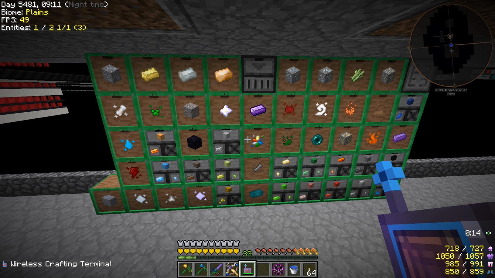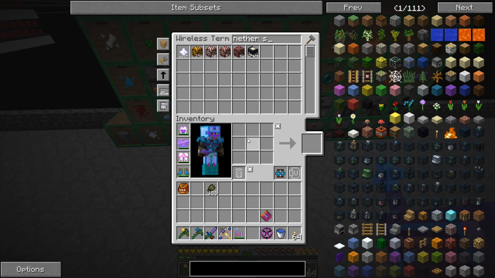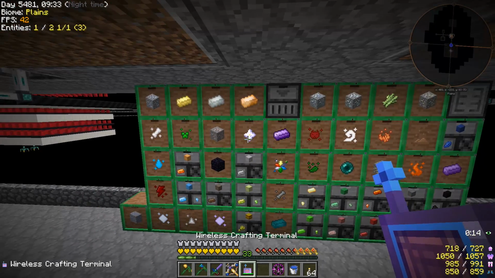I know this wall looks pretty random, like nothing's in any particular order, but it's fine. It doesn't really matter. It's just connected to Applied Energistics, and we can sort and see how many, I don't know, nether stars we have. I guess that thing is full. Wow, I didn't expect that to get filled up that quickly, but I guess having the 9 plants running, yeah,